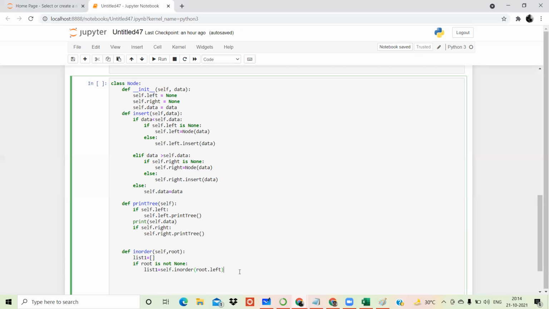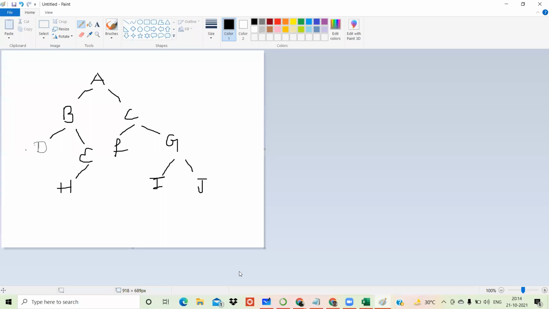Now the list consists of, if we go back to the previous example somewhere over here, then in this list agar iska in order karna hai, then in order mein first you will search for the left element, that is nothing but d. d ke baad b ko dekhoge, b khud ek I mean it's a root element, so it will go towards the right and so on. So once this entire b, d, e and h, all these elements are traversed, then I have to print this element, that is nothing but a, print karna hai mujhe, which is nothing but the root of this.